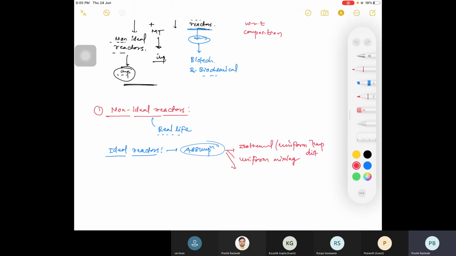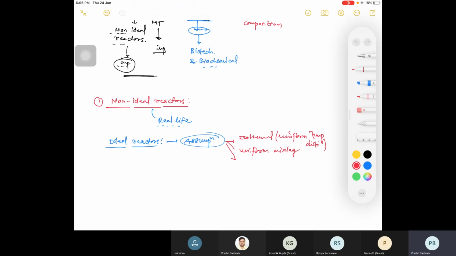Temperature distribution, then your mixing is done, then your temperature distribution is done. After that, we assumed total pure feed and all. Pure feed was there, no ideality. Then your total reactor was used. There was no dead space or anything of that kind. So these were our assumptions.